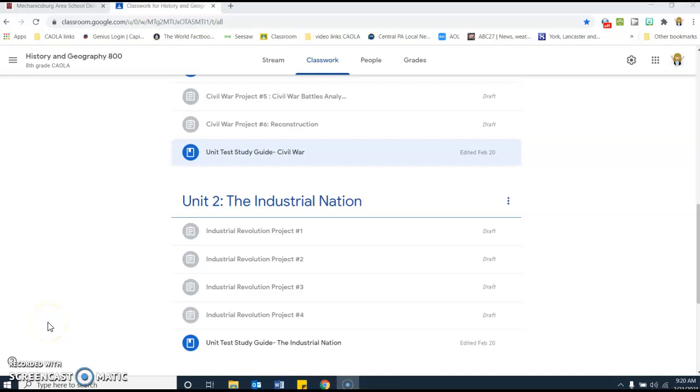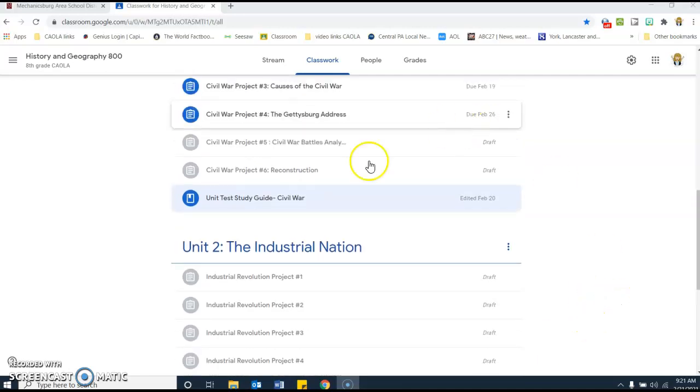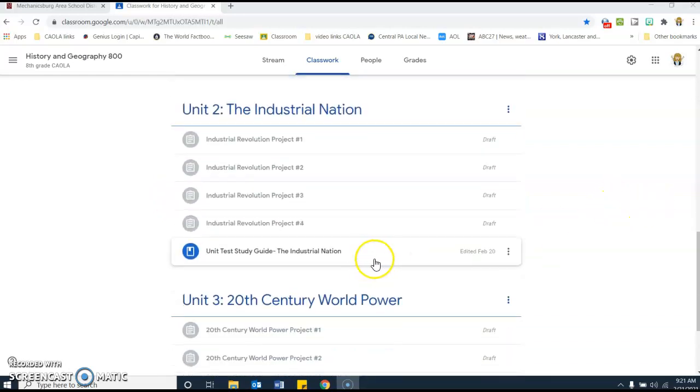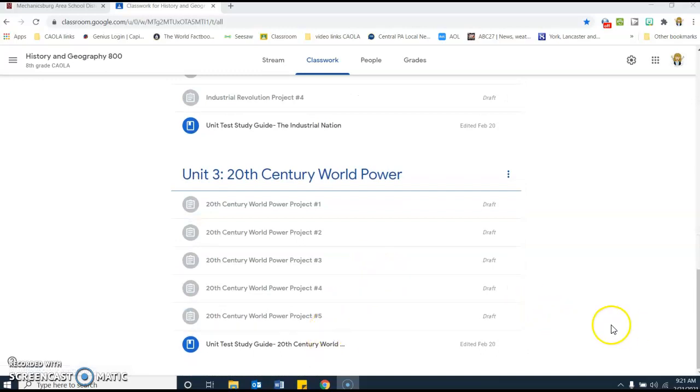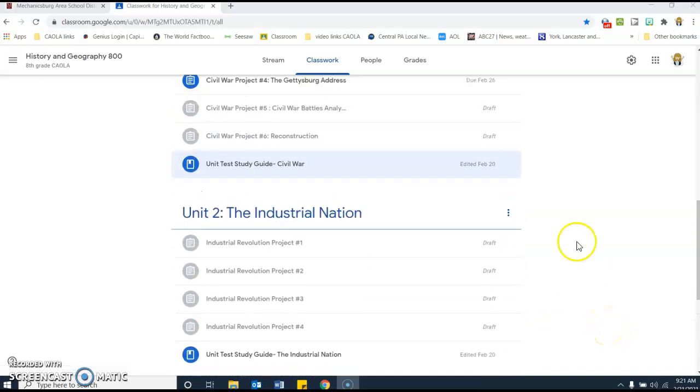Hello there. Just quick instructions about how to make a copy of your study guide if you'd like to have a copy. So for each of your units, the last set of materials is your unit test study guide. There's one for each of your 3 units in this semester. You can either choose to print your study guide, or you can choose to make your own copy of the